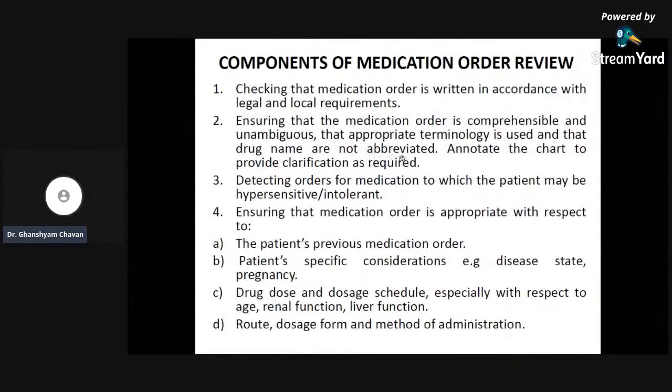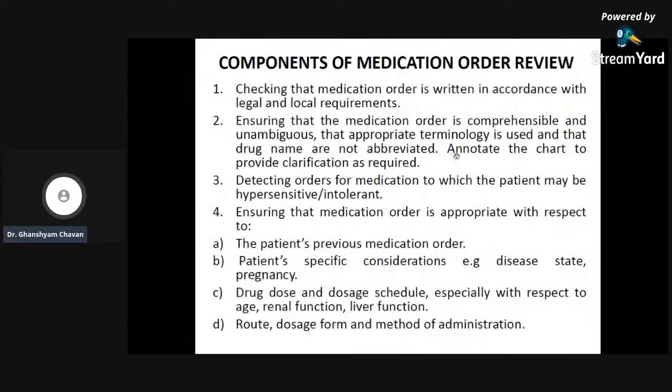So drugs should not be abbreviated, or be in wrong spelling, or in dirty handwriting. We should try to avoid that. That's why it should be clear. Unambiguous means it should be very clear and perfect. Whatever drugs we are writing, it should be comprehensible, meaning it should be the perfect drug after checking all the aspects,